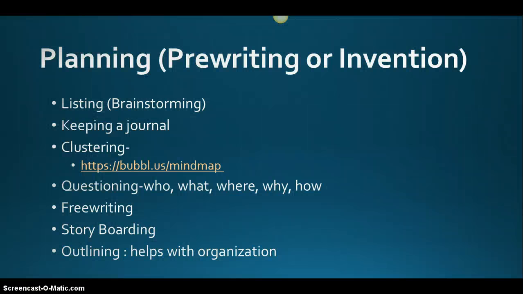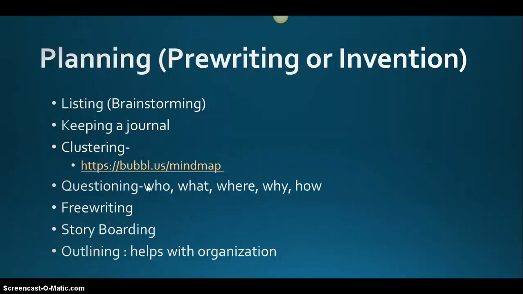The next one is keeping a journal. In this case, I'm not making you keep a journal, but you can if you want to find experiences that were significant in your life and you've kept a journal. I would look back at that. Also, if you keep notebooks, I would start writing things around as they come to you and keep it in your bag. Another one that's really helpful to come up with ideas is clustering.